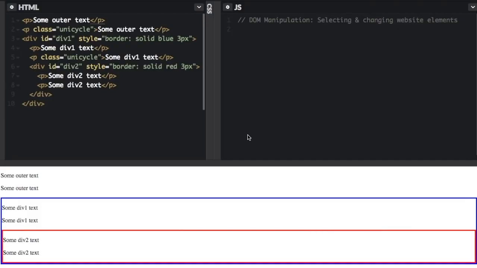JavaScript allows you to select elements from the DOM of a website and then make changes to those elements. First, I'm going to go over ways to select these elements using JavaScript. Up here I have the HTML, and you can see down here is where the HTML is being rendered. And the JavaScript I'm going to put up here. So here we have